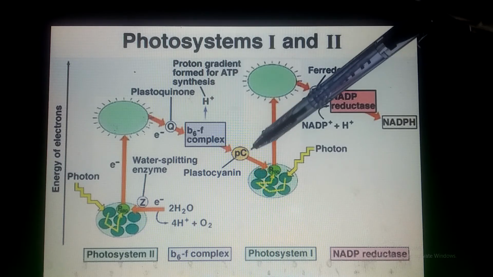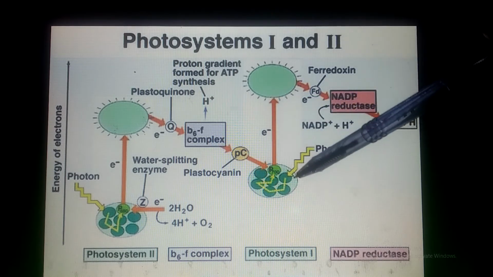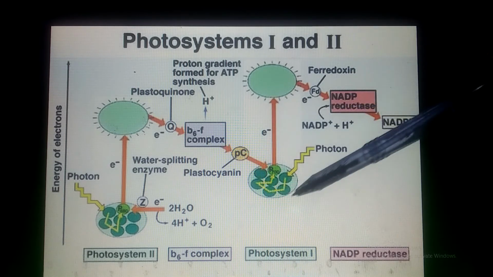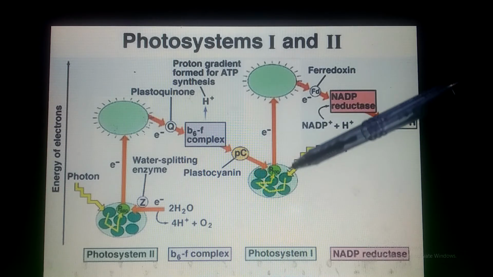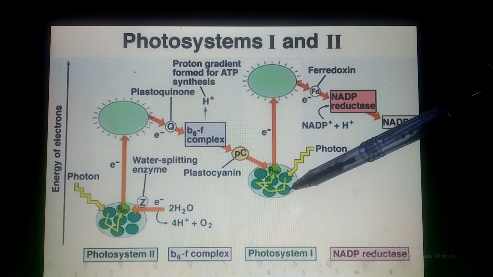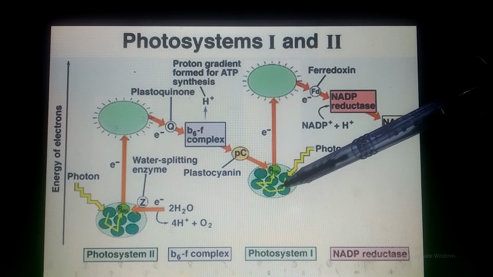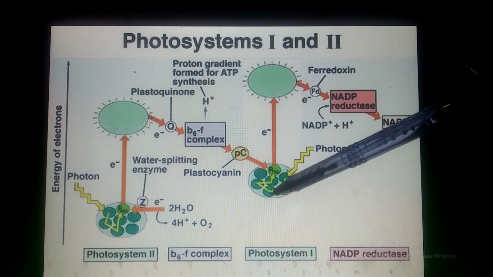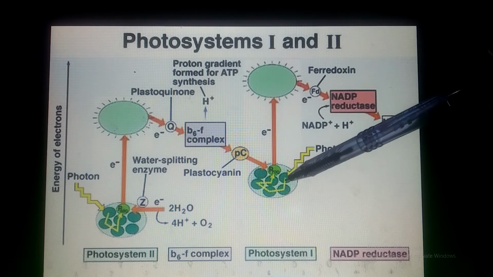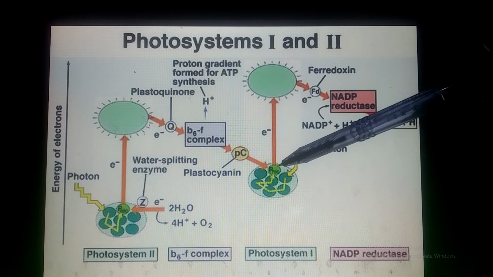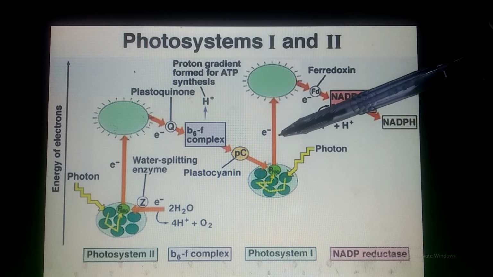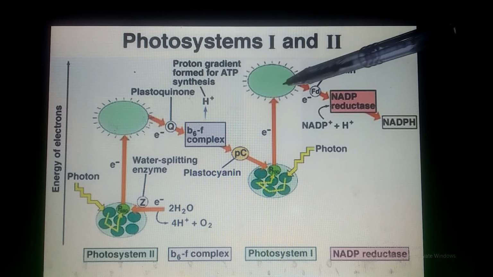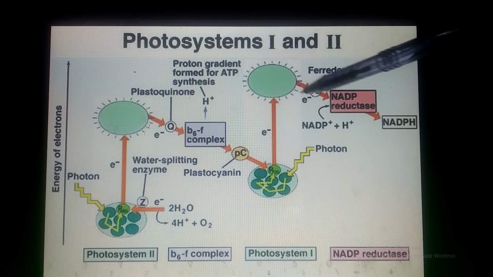From the plastocyanin, electrons move towards the next reaction center, which is photosystem I. Now again, light or photons hit the PS1 and the electrons again move from the high energy level to lower energy level, and here another electron acceptor which is known as ferredoxin,